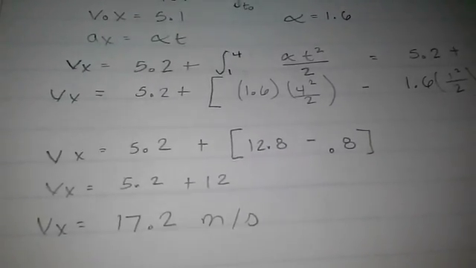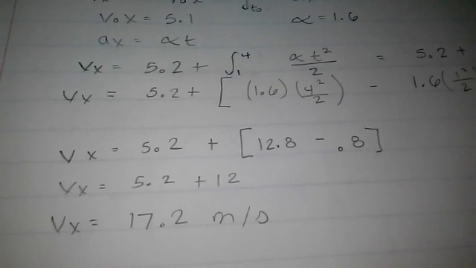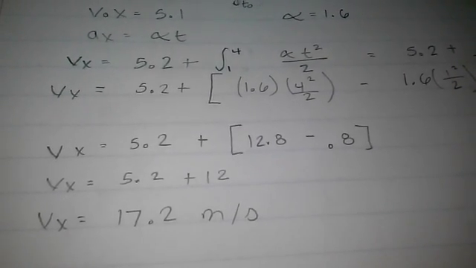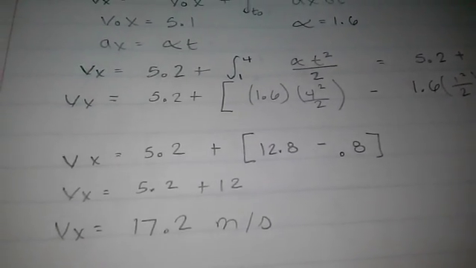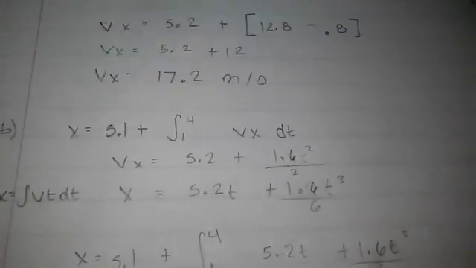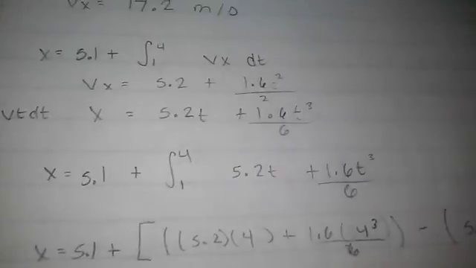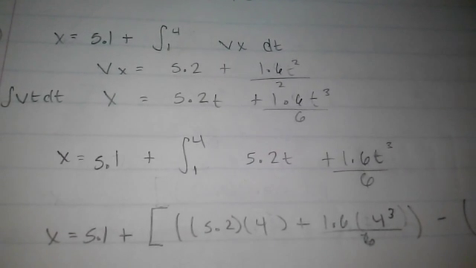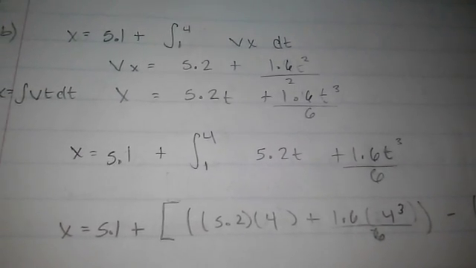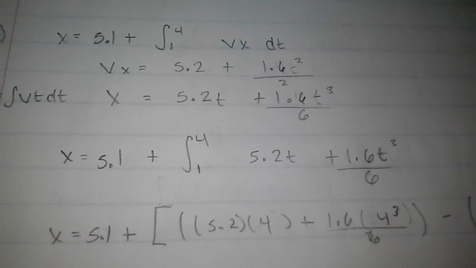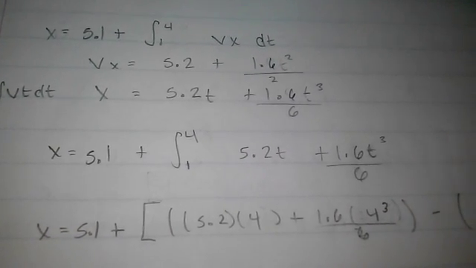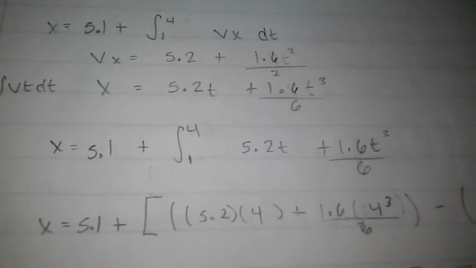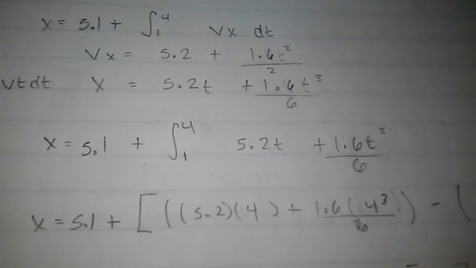Now, for the function that we got for the velocity with respect to time, we have to take the integral of that one to find the position function. So if we go down here, we find that our position function of time is going to be 5.2 t plus 1.6 t cubed over 6. Again, we have our time interval from 1 to 4 seconds. So we plug in our 4 and we plug in our 1, and we get